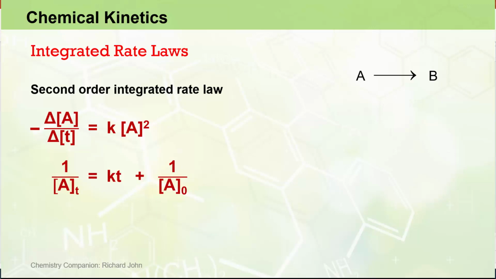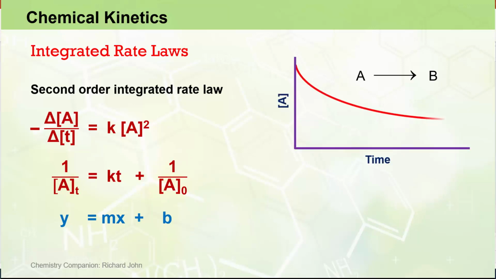Like the first order rate equation, the second order integrated rate equation also takes the form of a straight line equation, where the 1 over At term is equivalent to the y variable, time is again equivalent to the x variable, the rate constant is equivalent to the slope of the straight line, and the 1 over A0 term is equivalent to the y-intercept. In a second order reaction, the concentration of reactant will decrease in an exponential-like manner similar